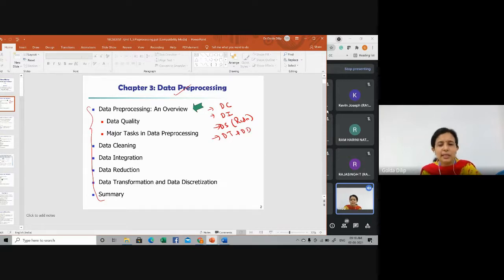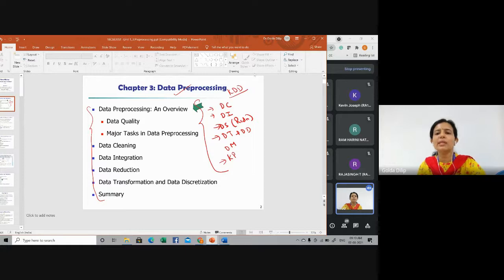Then of course we have data mining as one of the steps involved in knowledge discovery in databases, and then knowledge presentation to the users. Before that, using the measures of interestingness, we try to evaluate the interestingness of a pattern, and then finally we present the knowledge to the user using some visualization techniques and the various statistical descriptions we have just mentioned. There are various tools which aid in this process. So this is what is called knowledge discovery in databases.